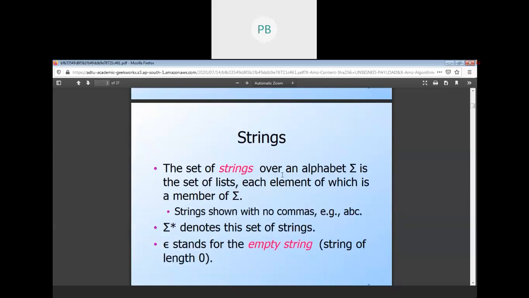Okay, what is a string? Can anyone tell me what a string is? Because in C also you have used the concept called string for writing some programs: string reverse, string concatenation, length of the string. Does anyone have any idea what a string is?